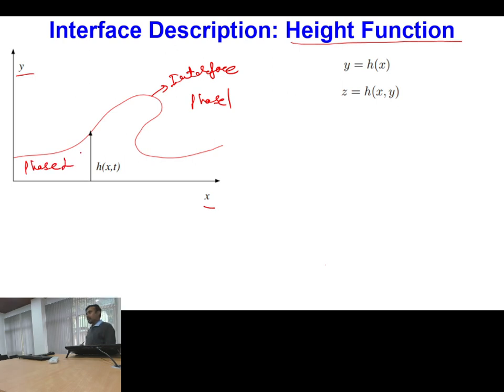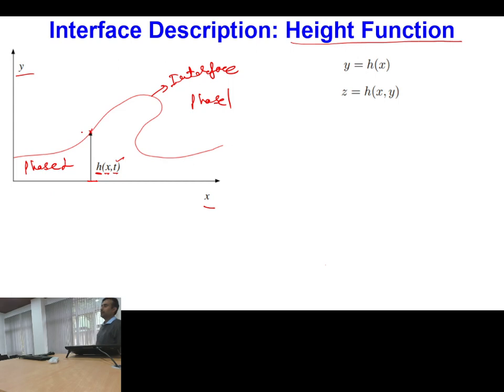Okay, now what I can do, say I have taken some reference, and with this reference if I measure the height of the interface h, then I can define that if this photograph of the red colored line is taken at some time t, then h of x comma t is my height function